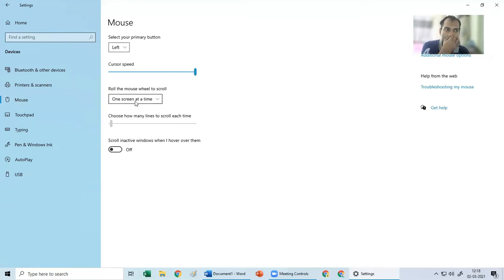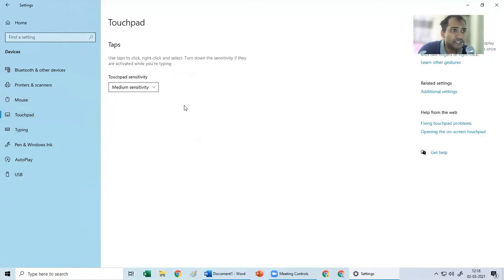Here, when you are rolling the scroll button on the mouse, when you're scrolling it up and down, multiple lines will pass directly in the next, or you want one line at a time. So here, this option you can select from here. And scroll inactive in case you want to turn it off. So the scroll will be inactive. You won't be able to scroll. So you'll have to manually do it.